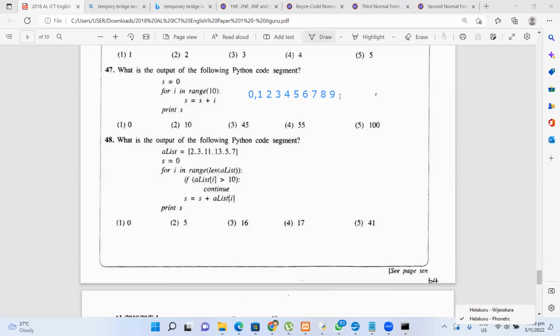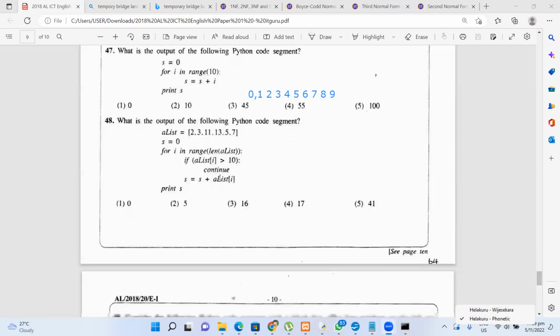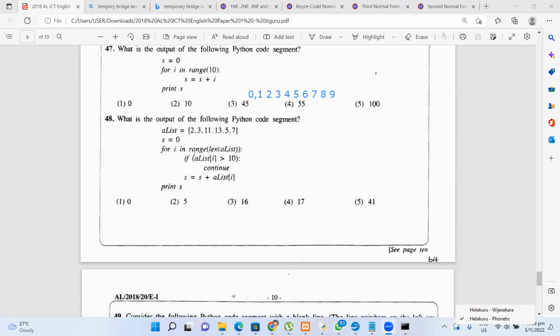What is the output of the following Python code segment? A list is given: 2, 3, 11, 13, 5, 7. s is 0, for i in range the length of the list. What is the length? 1, 2, 3, 4, 5, 6. It's going from the 0th item to the 5th item: 0, 1, 2, 3, 4, 5. Okay, going through the list. And if the list item